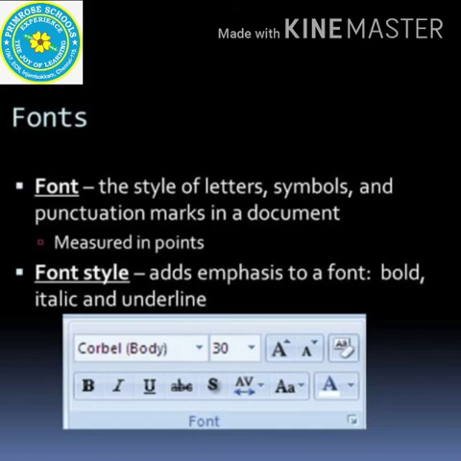Children, the image in front of you displays number 30. The number is used to change the size of the text. B is used to bold the text. I is used for italic. In case if you want to change your font style, you can use italic font or any specific font which is in the drop down list. U is used to underline the text.